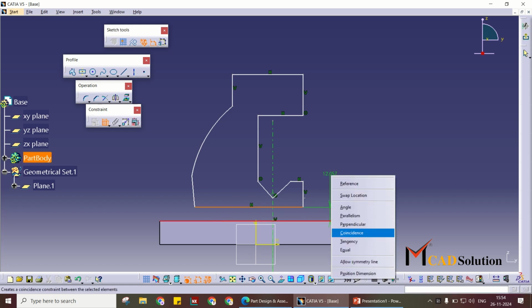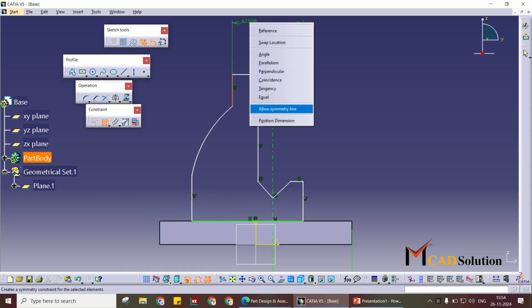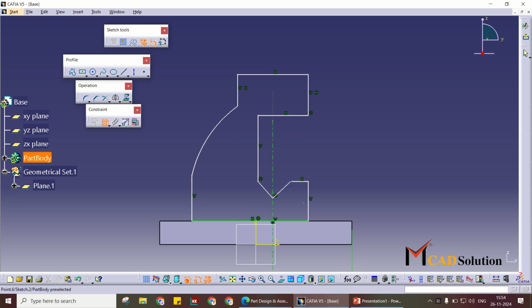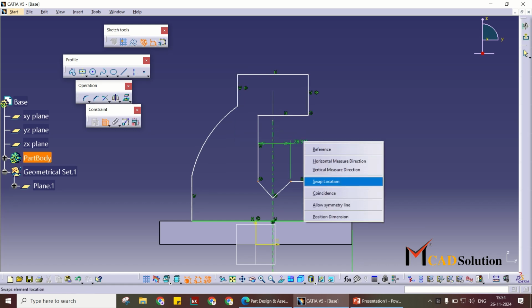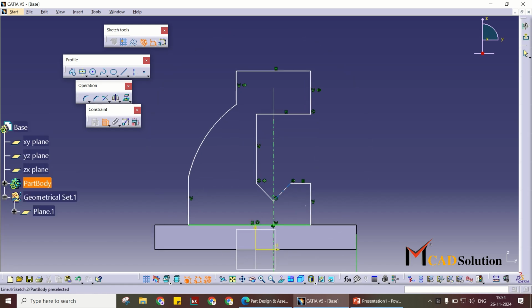Horizontal line and edge, right click, coincide. First element, second element, right click, allow symmetry line, symmetry. Same, select this point, right click, allow symmetry line, symmetry.